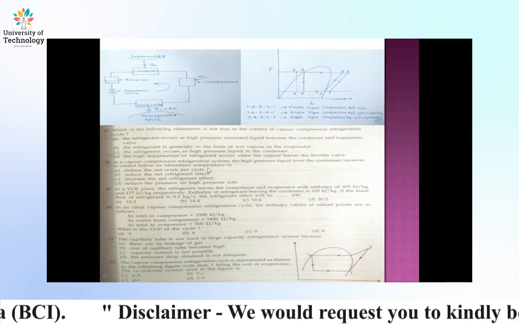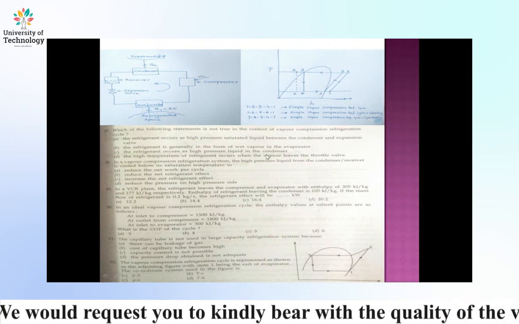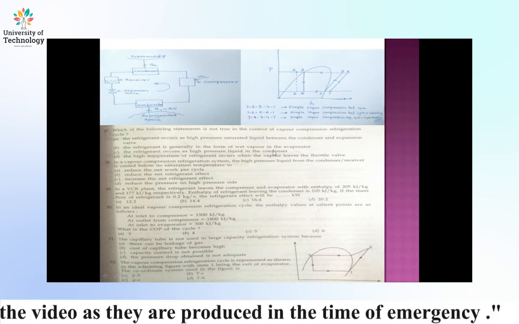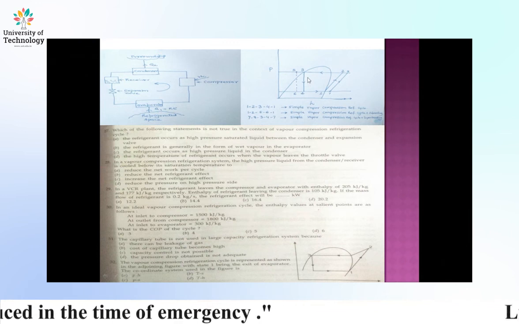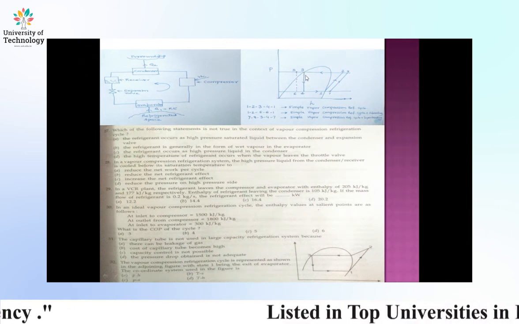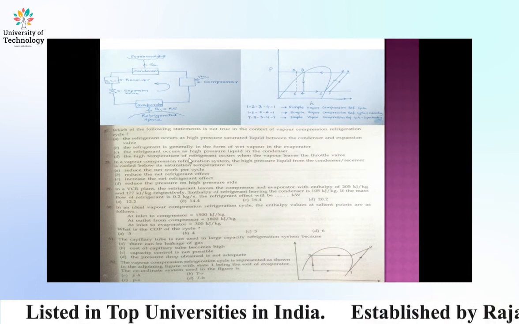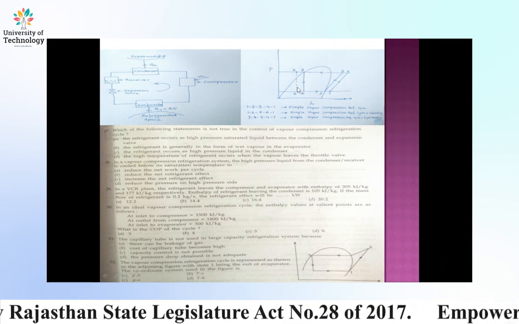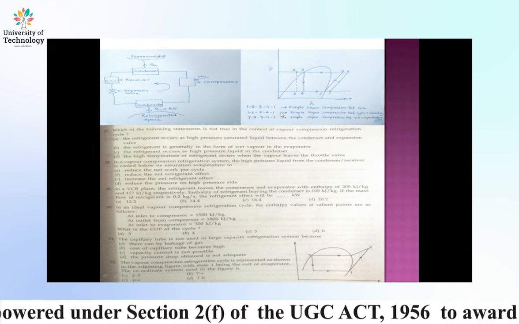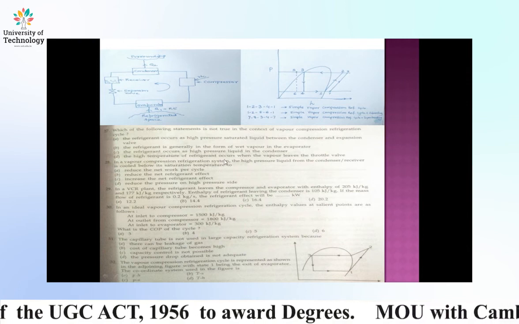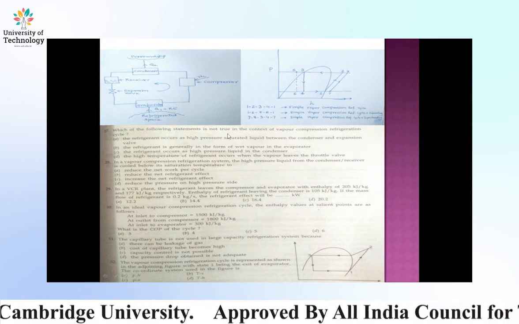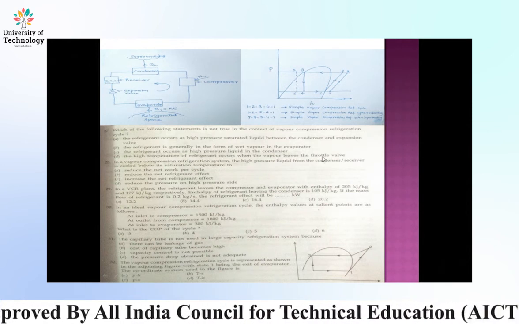The refrigerant occurs as high pressure liquid in the condenser. It is also a correct statement. The high temperature of refrigerant occurs when vapor leaves the throttle valve. Vapor leaves the throttle valve at 4 in the simple cycle or at 6 in the subcooled cycle. So the temperature is low. No, the low temperature is at the exit of the throttle valve for vapor. So this high temperature claim is a false statement. So for question 27, option D is correct.